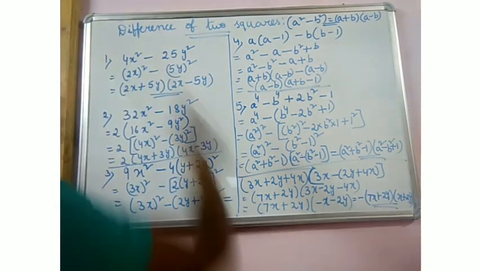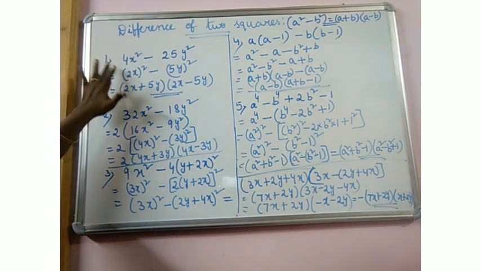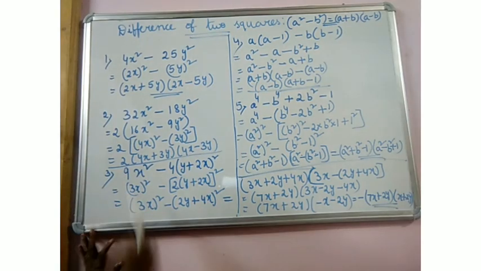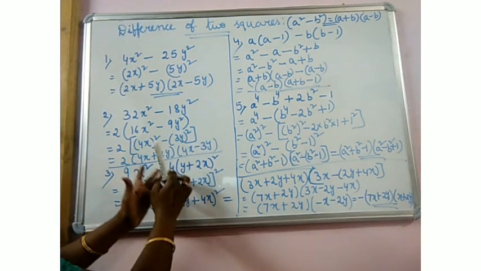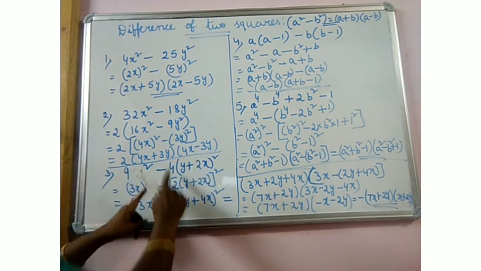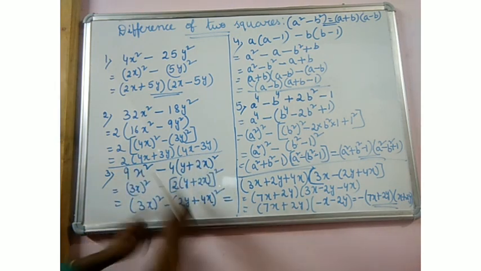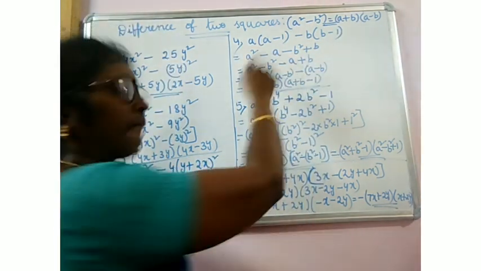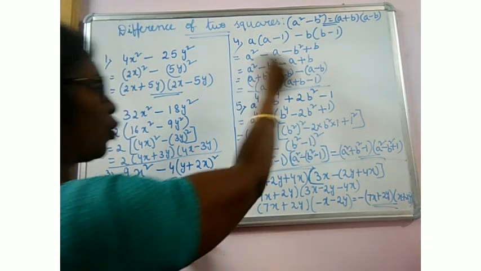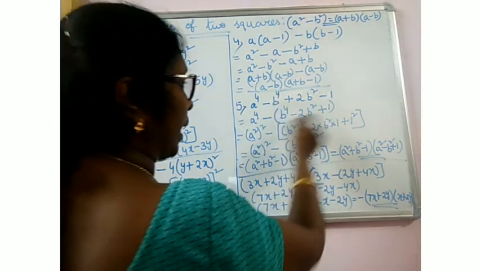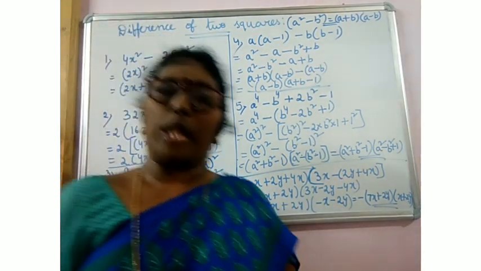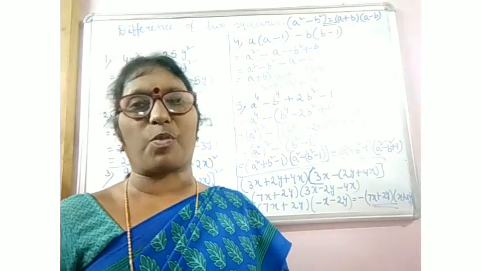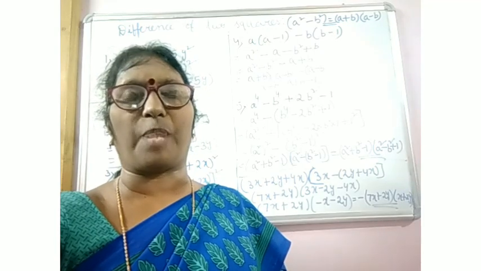You see, children, here almost all the varieties. Here nothing was common, simply squares. Here 2 was common, then similar to this. And here, combined means 4 and this one is there, we have to do 2 square, then multiply this. So all are varieties. Here you see, it is given like this. First of all we have to open, then we have to group them. And here we are getting the a minus b whole square formula. Today I have explained the different varieties of sums. In the next class we are going to do many more sums. Okay, practice this well and you will be able to do well. Thank you.